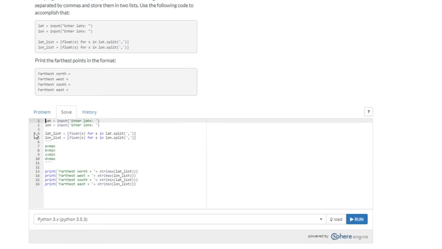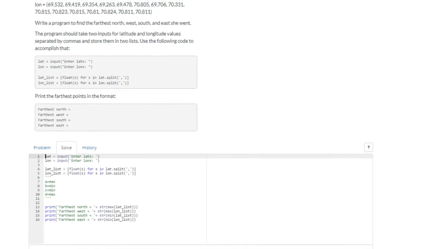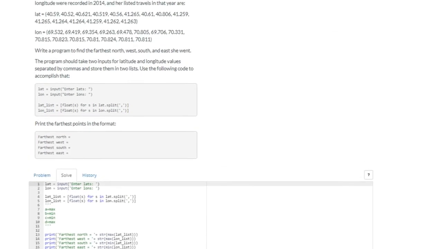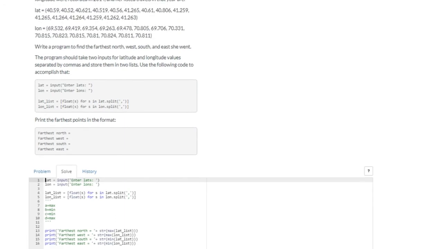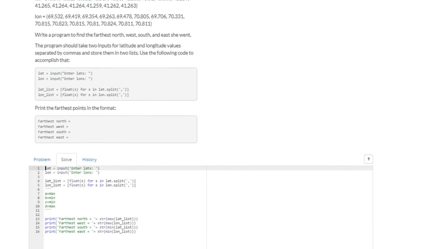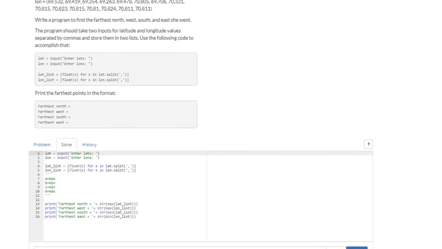So you have the 2 values where you input, and then you have to put float because they're decimals, the longitudinal and, what's it called, latitude coordinates. So since you're trying to find the minimums for B, C, and you need to find the max for A and D. And the reason is because the more you're trying to find the furthest north and the furthest west, south, and